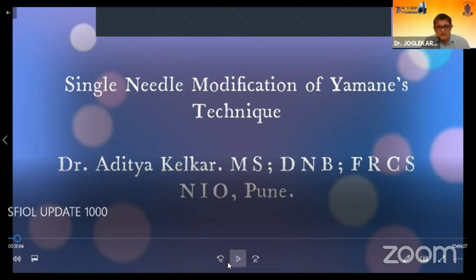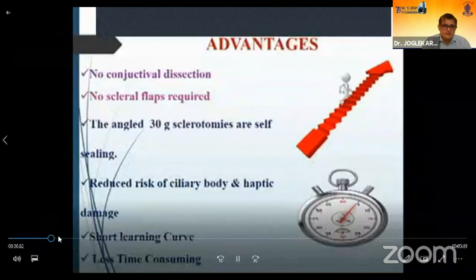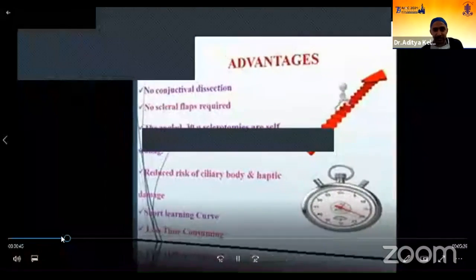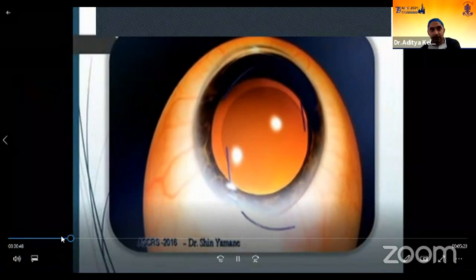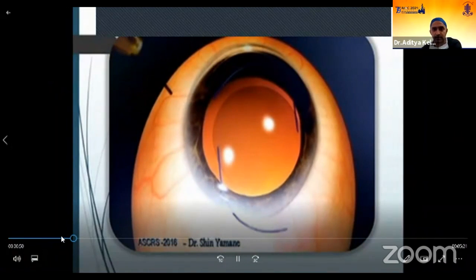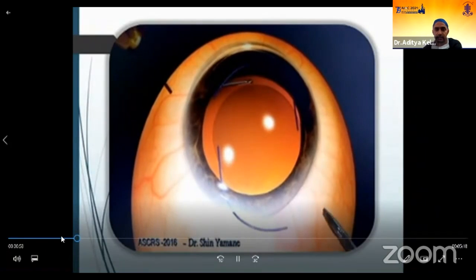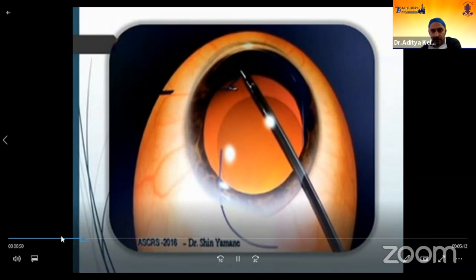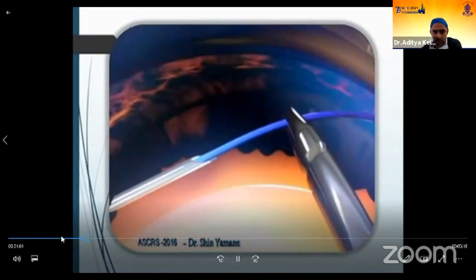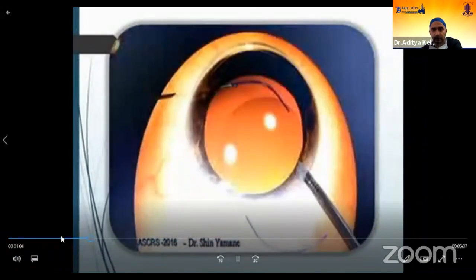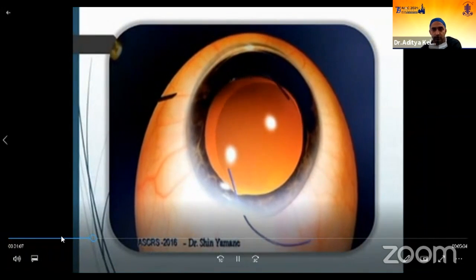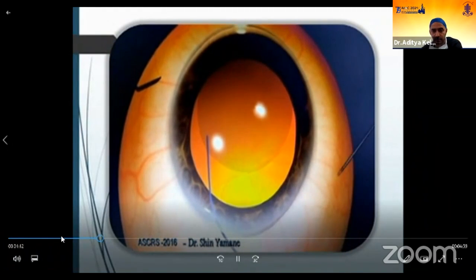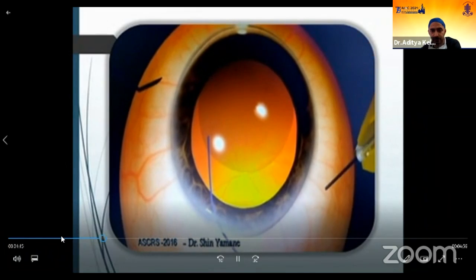Yes, now. So this is a slight modification of Dr. Gabor-Shariat's, Dr. Yamane's double needle fixation. This is an animation which shows what Dr. Yamane does, the double needle technique, where he engages both the haptics internally, and then these haptics are brought out under the conjunctival space simultaneously. When you practice this technique during the learning curve, there are always chances that this double needle technique may not come handy and the lens may slip.